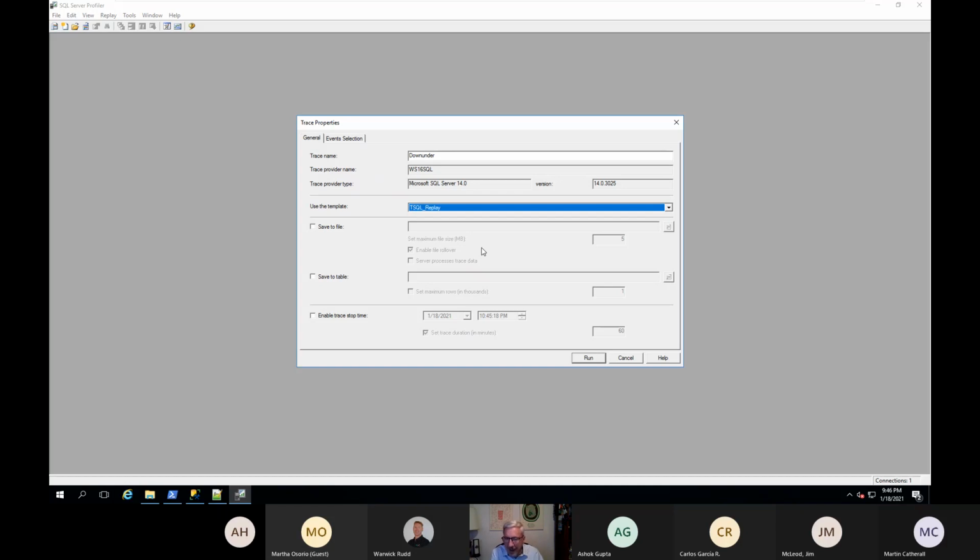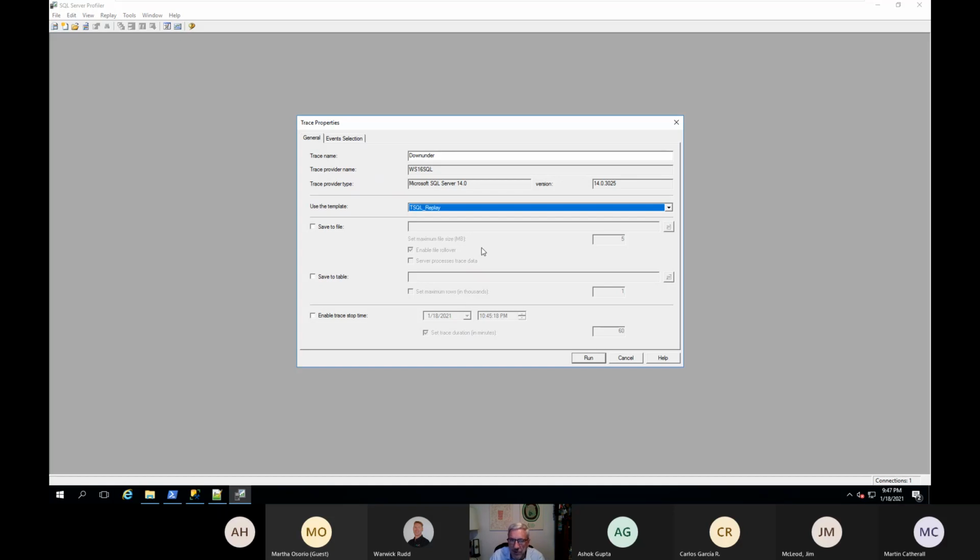I restored it to server A, replayed the workload, captured the performance characteristics, then restored the database to server B, ran the workload capturing performance characteristics, and then compared those two. Now you know which server is better, because it's an apples to apples comparison. That's what this was designed for.